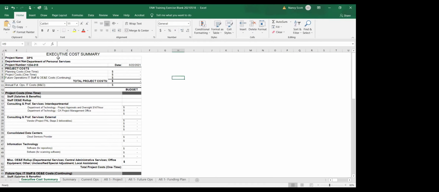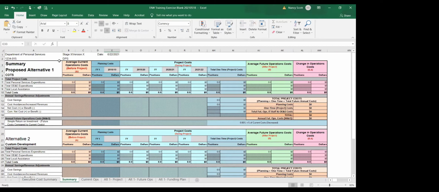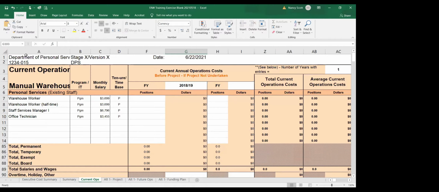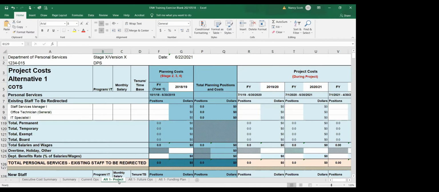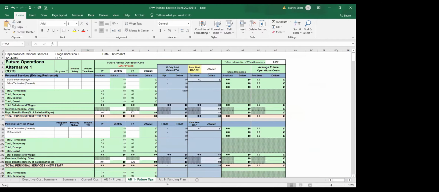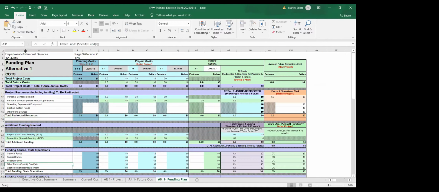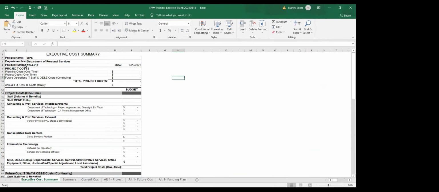One thing that I want you to notice is that once you do that, if you go to your other tabs, so the summary tab, based on the formulas already in the FAWs, it shows that on each of your sheets. So you don't have to re-enter it again and again. You enter it one time on the executive cost summary, and once you do that, it goes throughout the sheets.